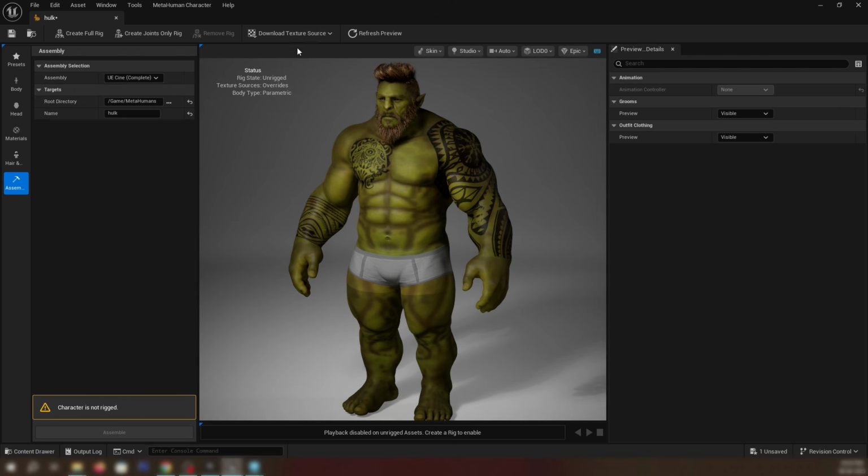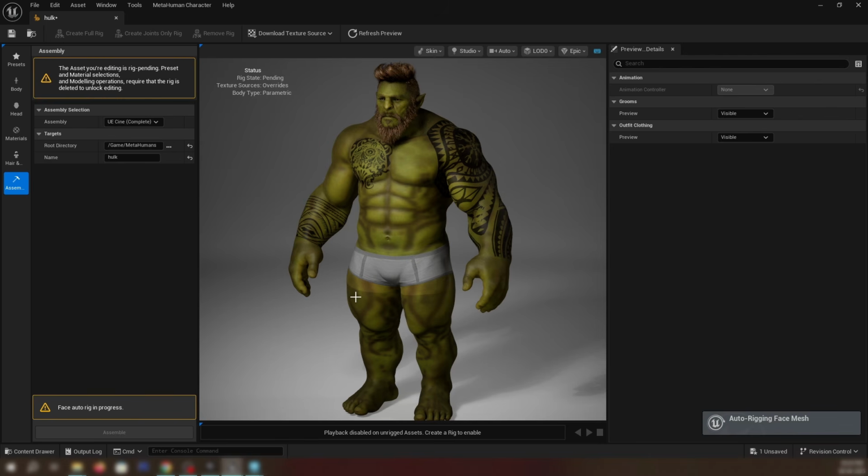To process the full body, I think we need to download the textures, 4K texture or 2K texture. It's just the same process. So it downloaded. I just skipped that part. You need to download it at 4K or 2K. Then we click on create full rig.